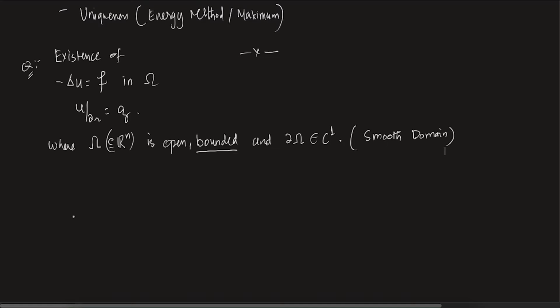Okay. Right. Now, what I want to do is find an existence of this problem. Before I go on doing whatever I'm trying to do right now, let me make some small remarks. Please keep this in mind, remark. I'm going to construct something called a Green's function for a given domain. For a given domain, there exists a Green's function which can be utilized